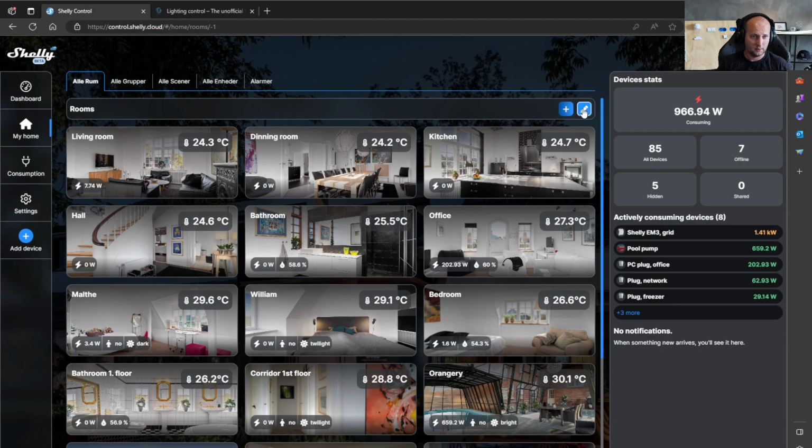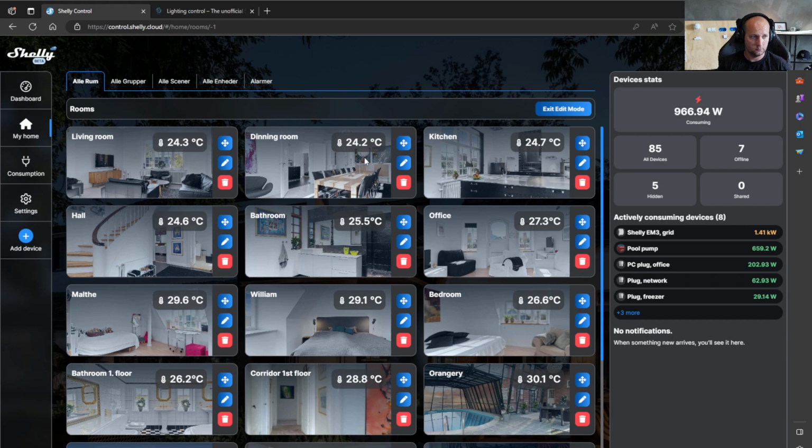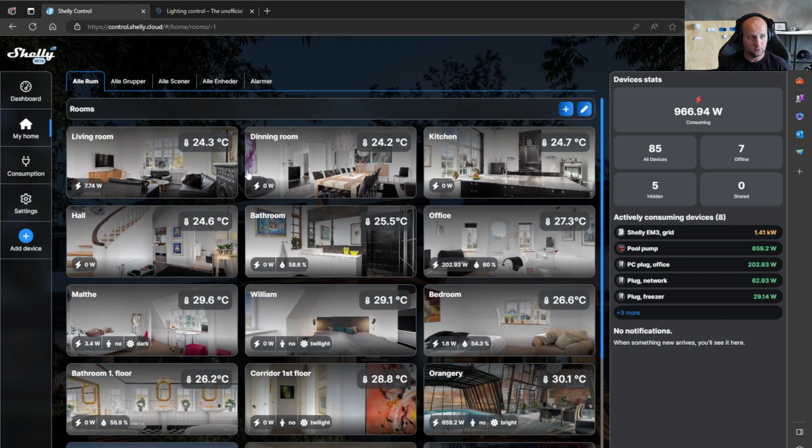If I press the edit button, I can edit my rooms. If you have temperature sensors, motion sensors, or anything like that inside the rooms, you'll get information about the temperature. You'll get information about the power consumption and also humidity, temperature, and whether there's motion or not inside the rooms. So you get quite a lot of information just from the overview right here.